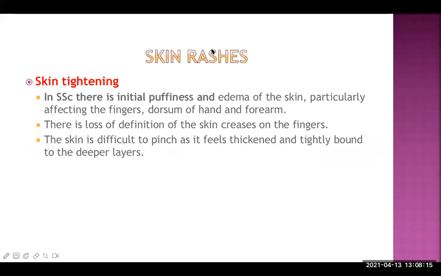Now, let's move on. Another important type of presentation in connective tissue disorder is skin tightening. Tightening of the skin, different types of problem on the skin. There is a condition known as systemic scleroderma, or systemic sclerosis. There is an initial puffiness or edema of the skin. Puffiness means slight swelling, particularly